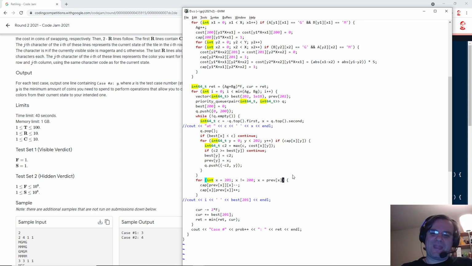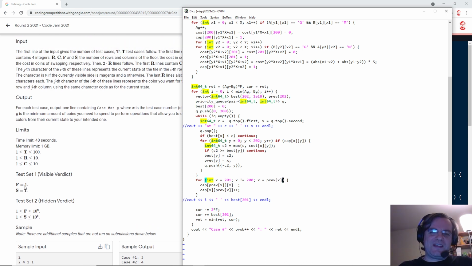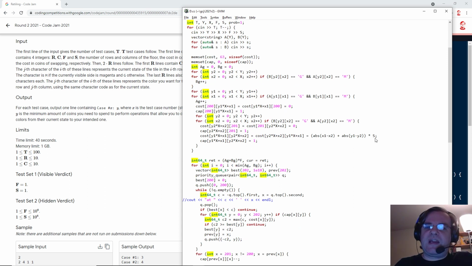But anyway, given this test set 1 is not quite a full functionality test set, there's nothing in my solution that actually relies on F and S being 1. I guess I could have a mistake where I didn't multiply this by S, for instance.